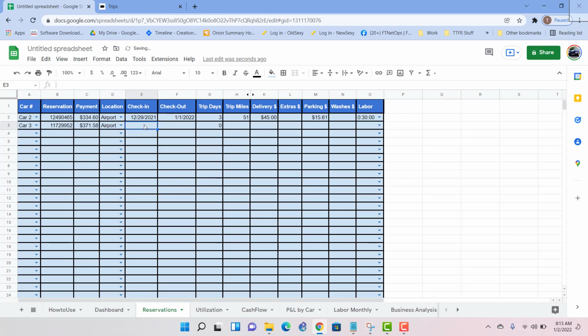It's another airport trip, and the way the sheet functions, there is some cell validation here, so you need to put in the checkout date first before the check-in date. For this, it's going to be 1/4/2022, and it started 12/31/2022,